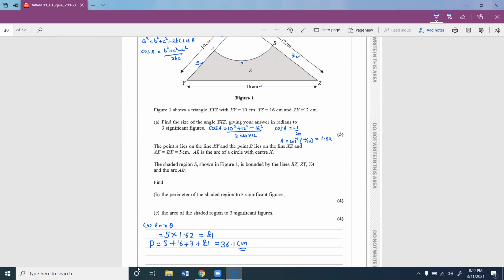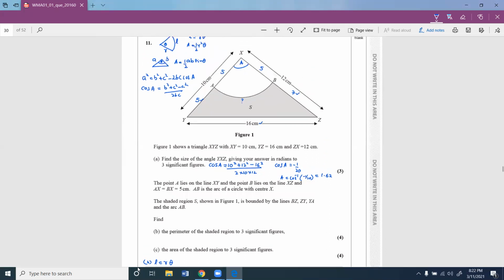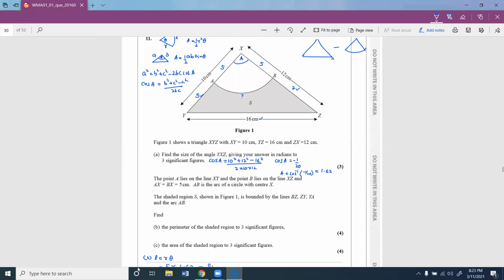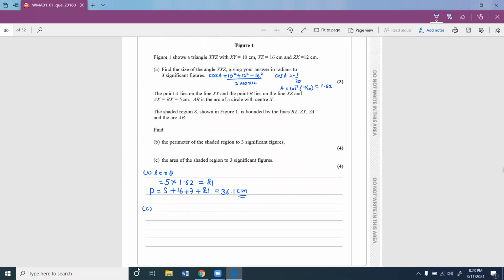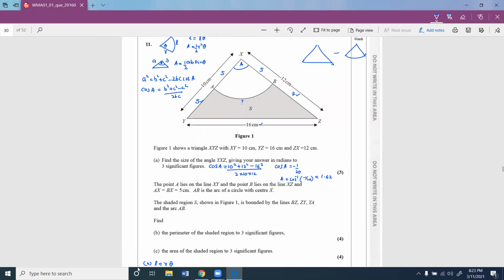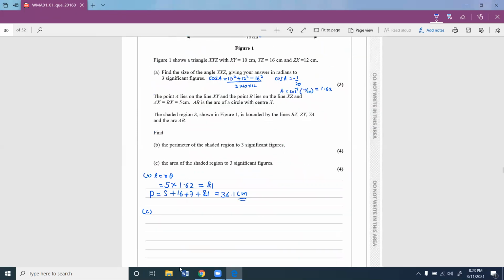Then the next part is we have to find the area. How do you find the area of the shaded region? Initially I get the area of this total triangle. Out of this one, I will subtract this arc sector. Then you get the shaded region S over here. Because we know two sides, 10 and 12, and the angle in between, you can find the area of the triangle as half into 10 into 12 into sine